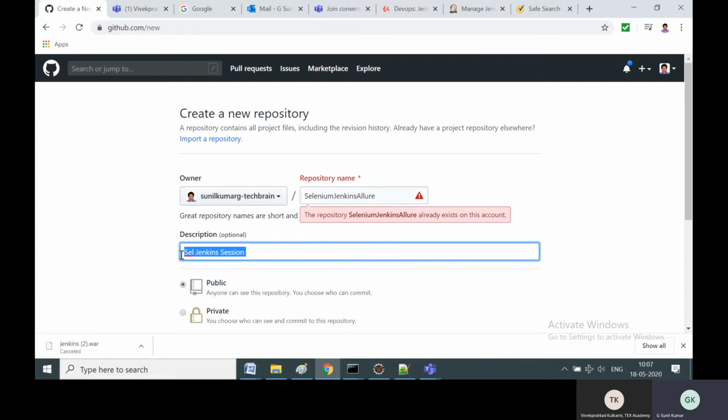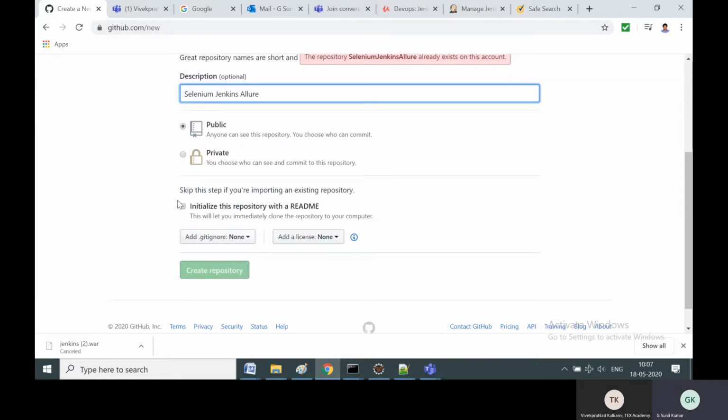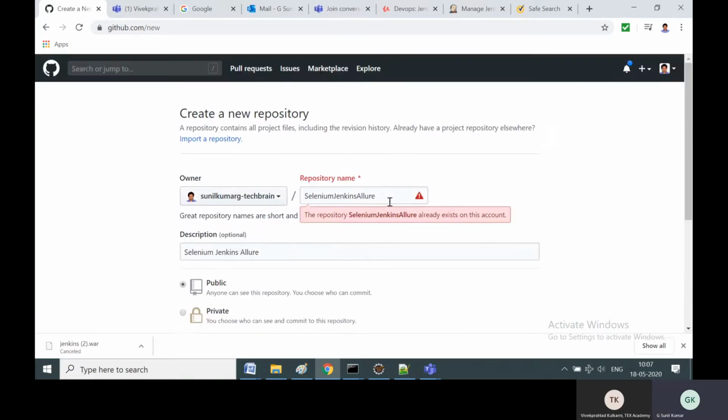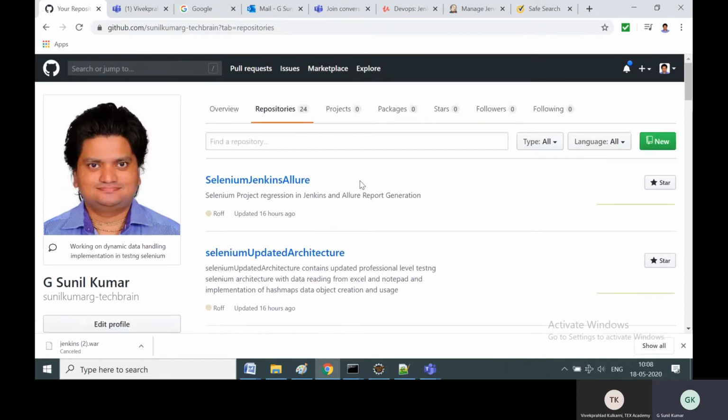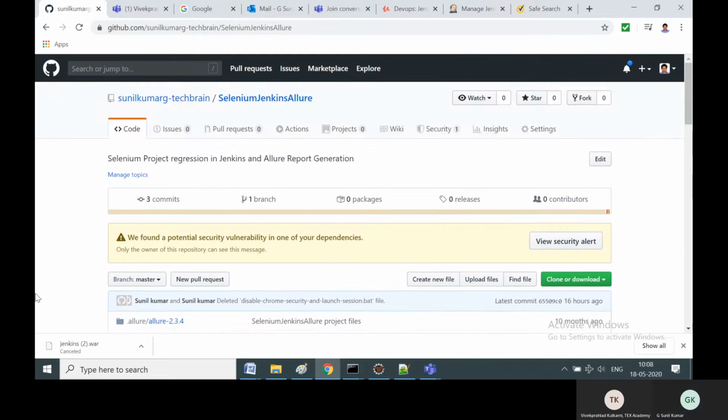And then you can type some description. It already exists message is coming because I've already created it, but if you're creating it the first time, this message will not come. You can go ahead and add a description, and then you can tick the option to initialize with a readme and say create repository. The repository will be created, and once the repository is created, it'll look like this. Your repository. Every software I'm showing you, become very fluent in Jenkins, Selenium, Jenkins, Allure. So once you get the repository here,